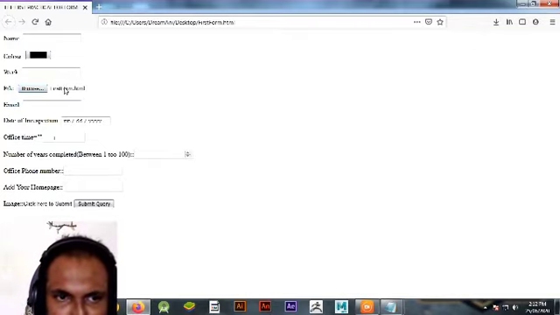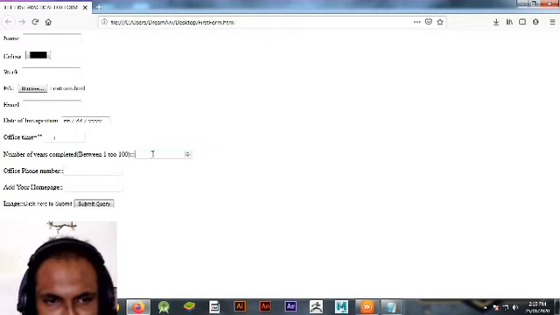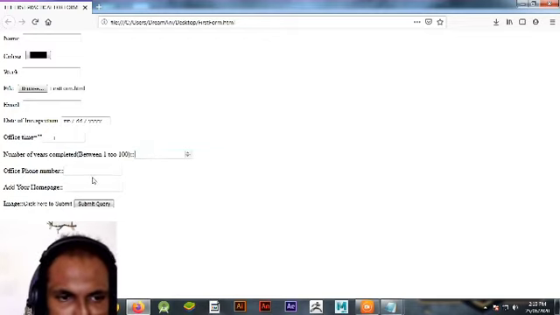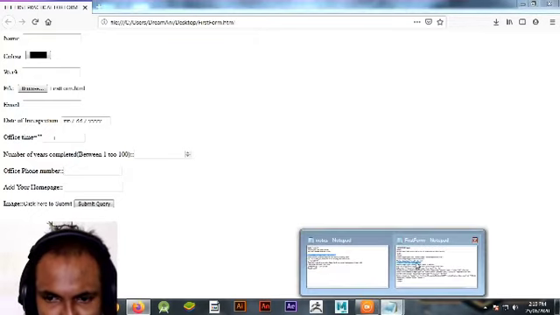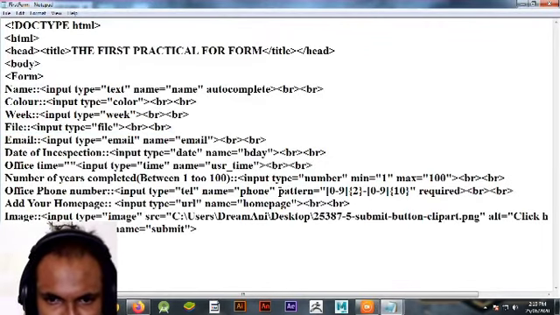Look, I chose the file first form, and this email, date we have already seen, time you can write here, the number of years we have already seen, and the phone number in the pattern, see which pattern we have used for the phone number.